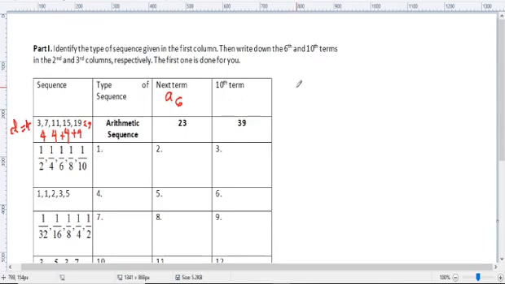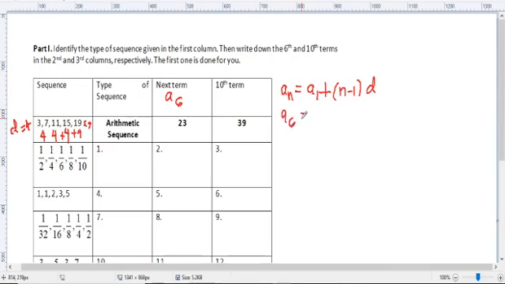So, para pakita, let's use the formula. Formula ng nth term ng arithmetic sequence ay a sub n equals a sub 1, first term, plus n minus 1 times d. So, yung n dito pa rin ang n dyan. So, for example, dito yung 6th term,